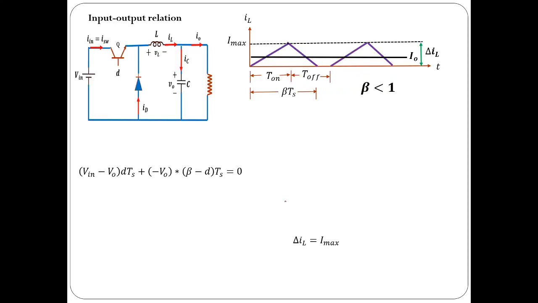One of the important concepts that you must understand is the input-output current relation, corresponding to discontinuous mode. So far we know the formula for the continuous current mode. Now what about discontinuous current mode? In discontinuous current mode, the current will rise during the on period, and during the off period it will quickly fall to 0 before completion of the switching period, and it is maintained at 0 until the next switching period starts.